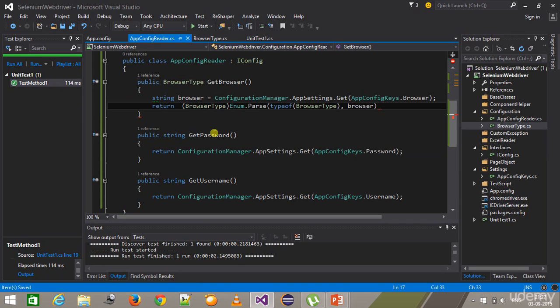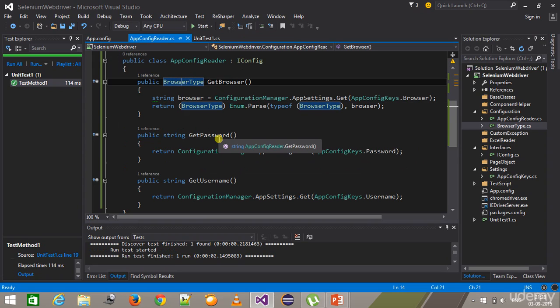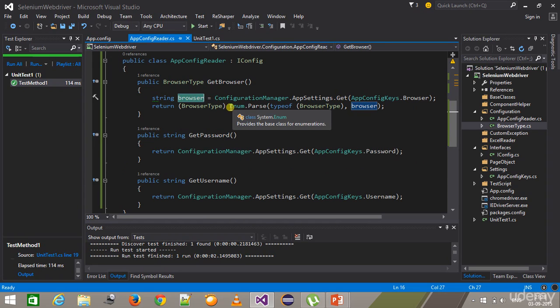Okay. So let me tell you once again what I'm doing here. As we know, whatever data we specify inside the app config will be in the form of string. So this statement is going to return me a string. And as I have already defined an enum which contains different types of browser, this method is already returning that type of enum. So I need to typecast this browser to enum. There is a method called Parse which is going to typecast the browser to enum type, and the return type of this method is object. So we need to again typecast it to the BrowserType enum. Okay. Now once this is done,